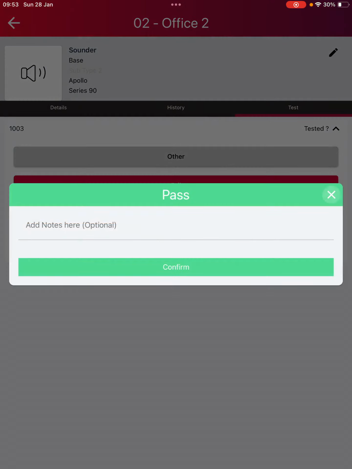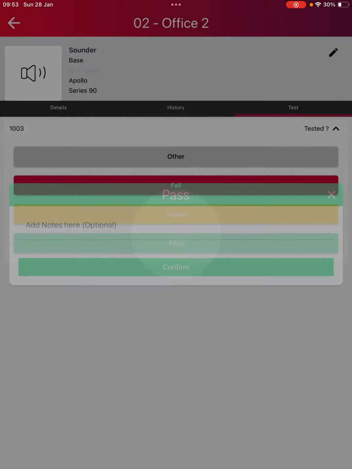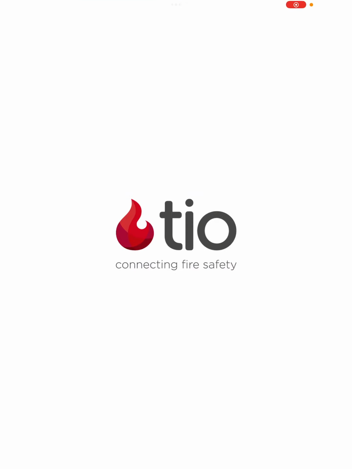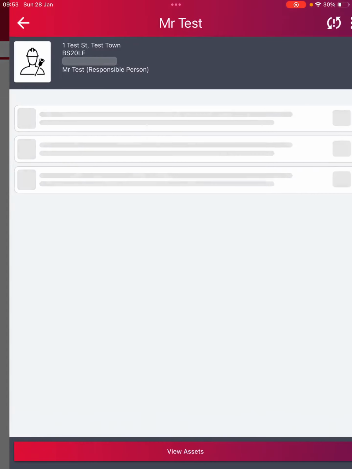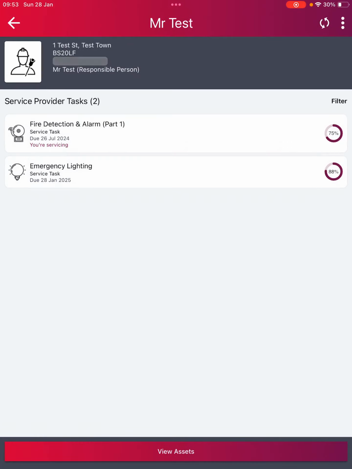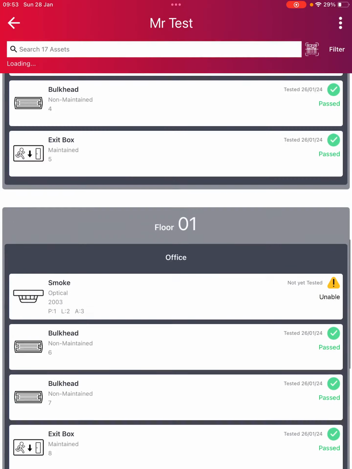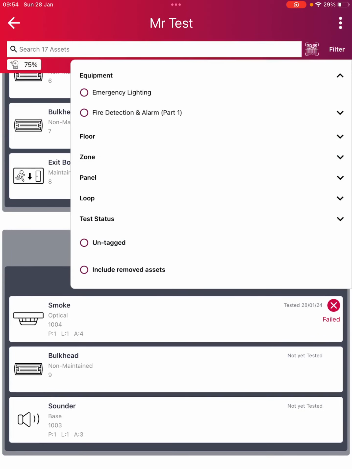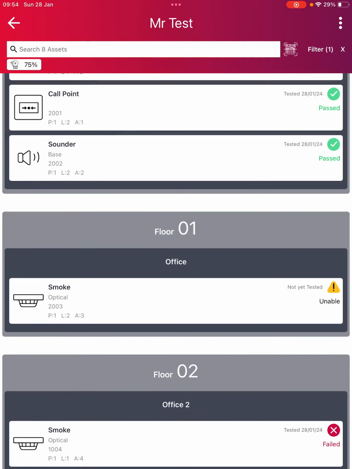it's crashed. That sometimes does happen, but what I find is you don't really lose any data at all. So it's not ideal, but it's not the worst, because I haven't lost any data. If I go filter by fire alarm again, you can see it's all there. So I could go best other